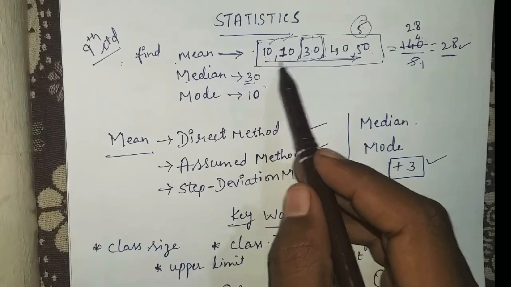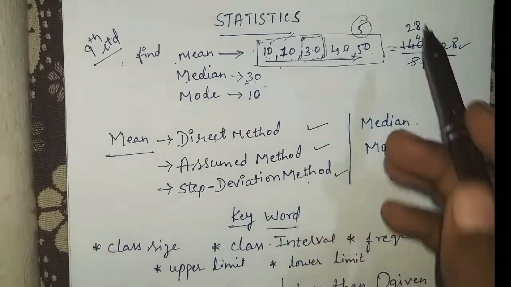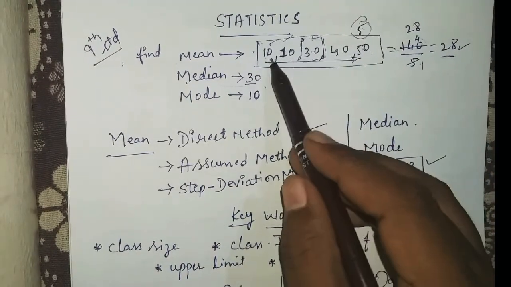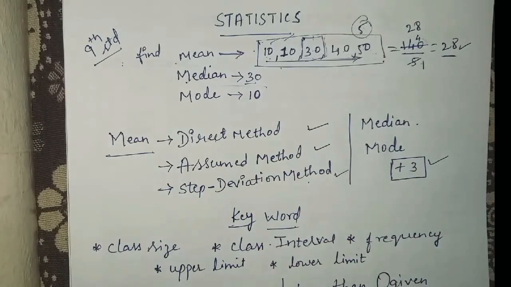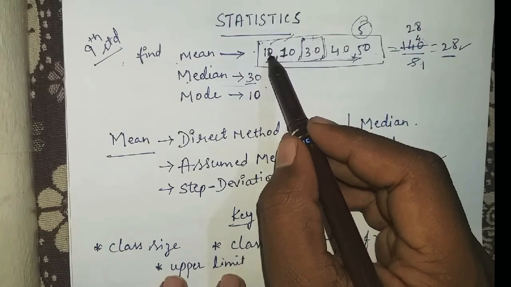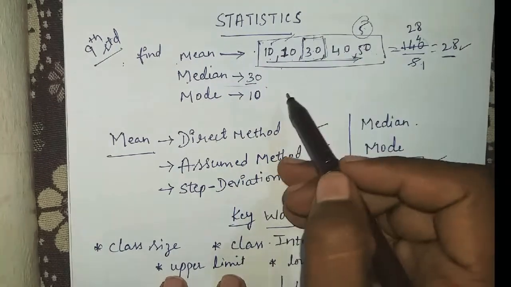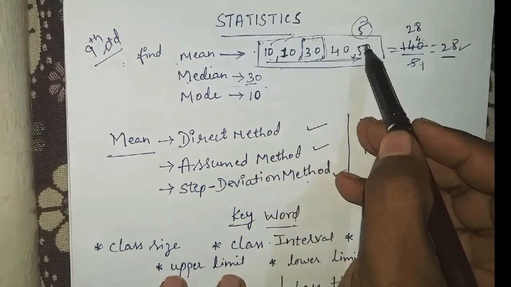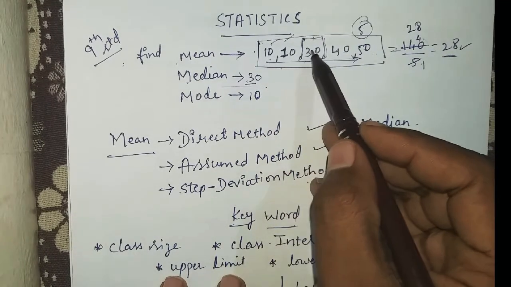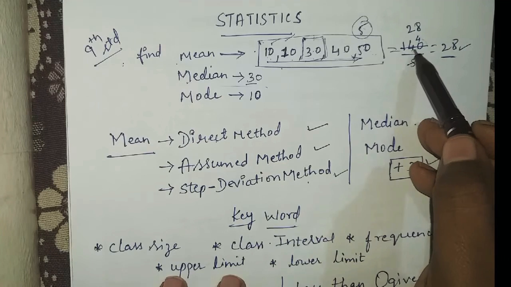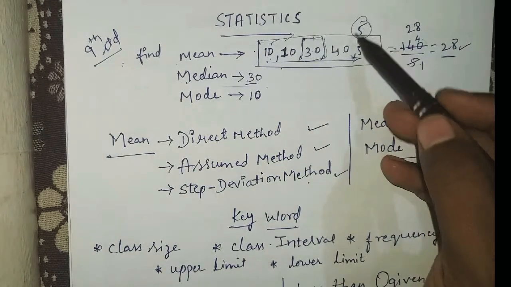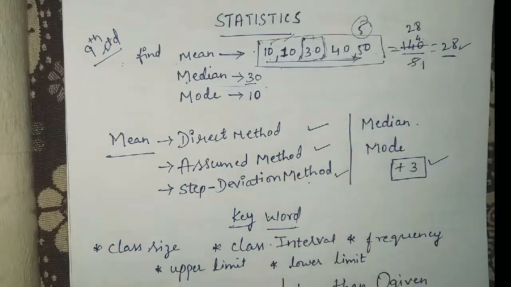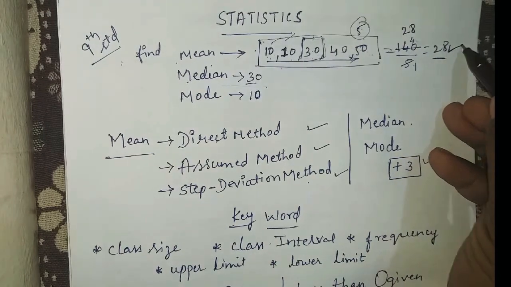See, imagine this is the score of a batsman. Five cricket batsmen's scores are 10, 10, 30, 40, 50. You need to find the mean, median and mode in this. So we'll calculate it. I have 5 batsmen's scores, so we'll add them. Once we add 10 plus 10 plus 30 plus 40 plus 50, I'll get 140. How many batsmen are there? 5. So 140 divided by 5, I'll get the answer 28.